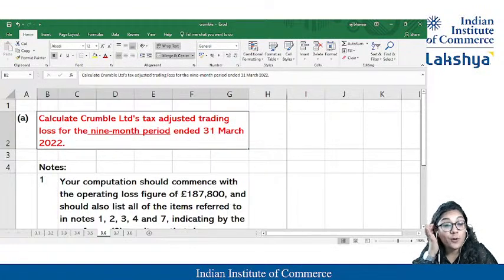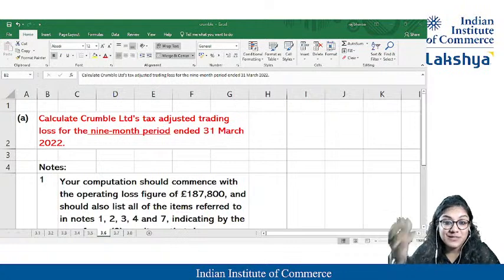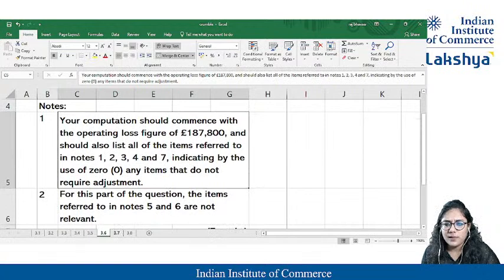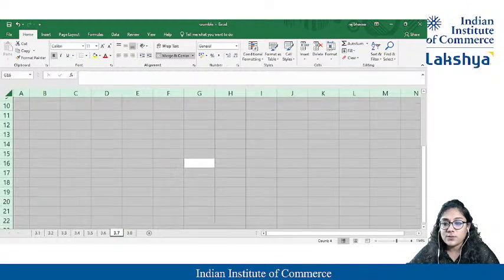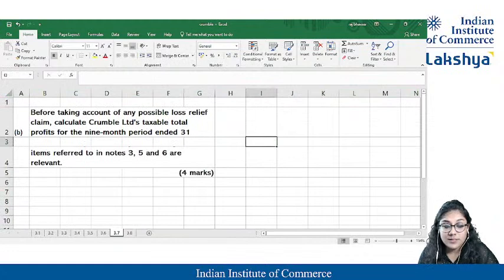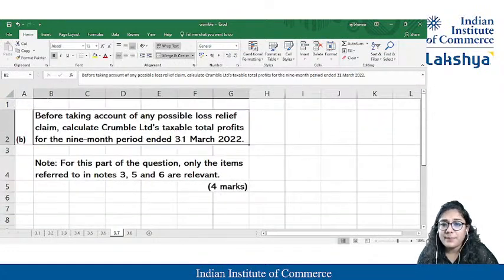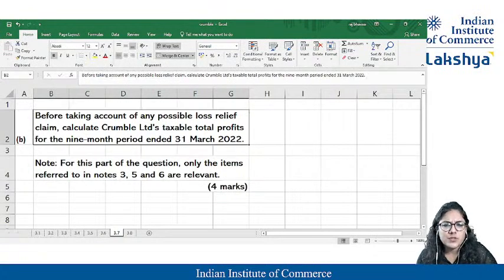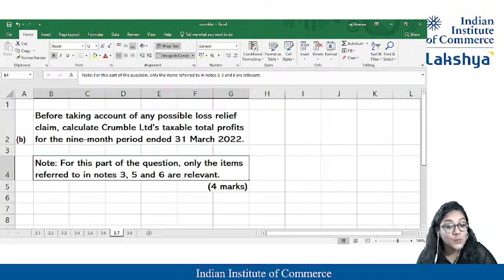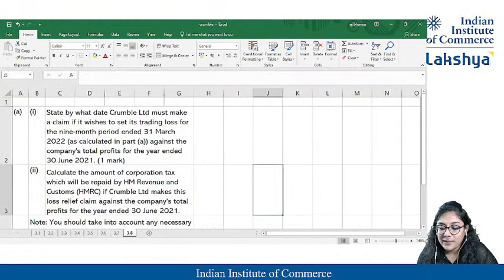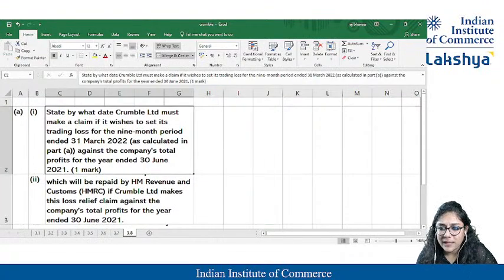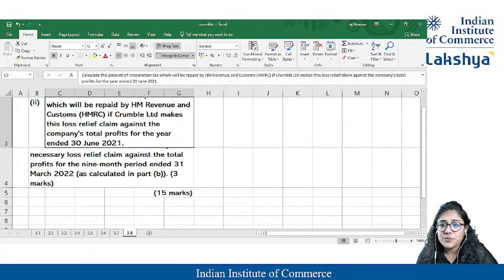That's the reason I always read the first requirement, with which my mind works at a greater pace. They have given some profits and losses. In the second part, they have given some other situations. In the B part, they have told about 4 marks; for that you have to check note 3, note 5, note 6, before taking any loss relief. And for the last part, they have told us to read some other notes also, which could fetch us 1 mark. Some 2 marks and some 3 marks.